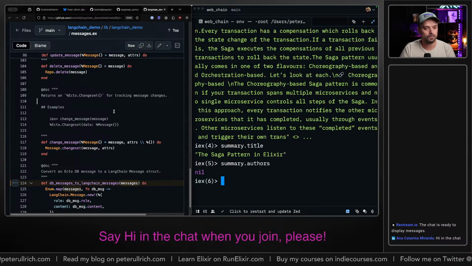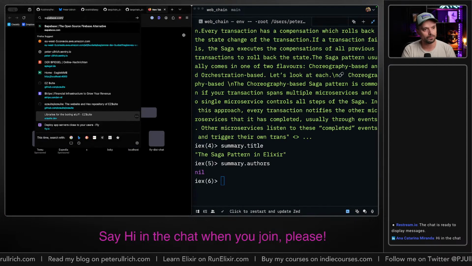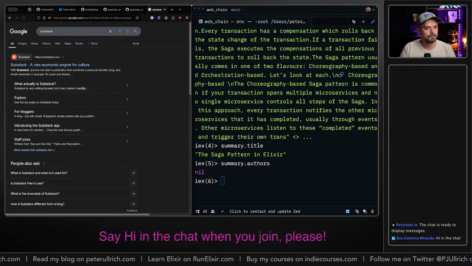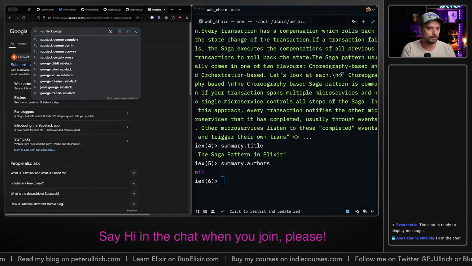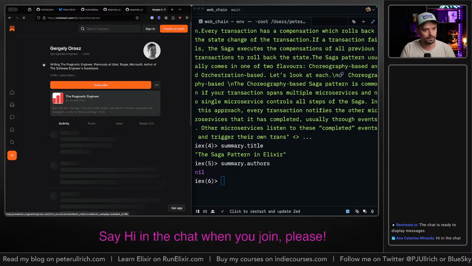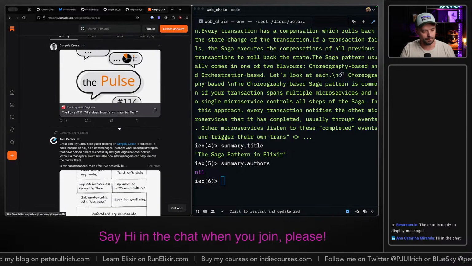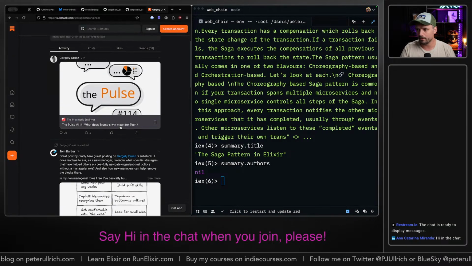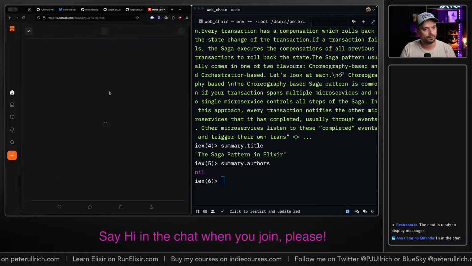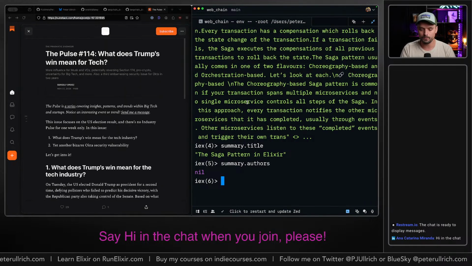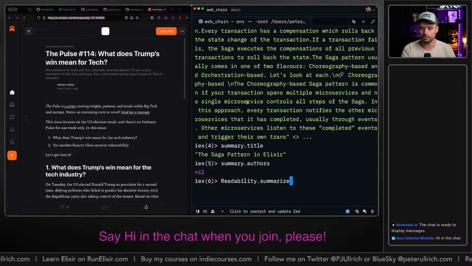I wonder whether it also works well with more protected ones like Substack. You know, let's try that. Usually they protect against these crawlers a little bit better. So for example, this one, if we take the post and we do readability, summarize.